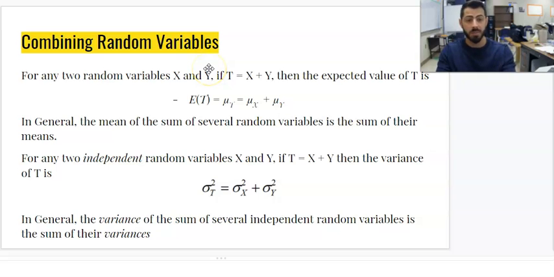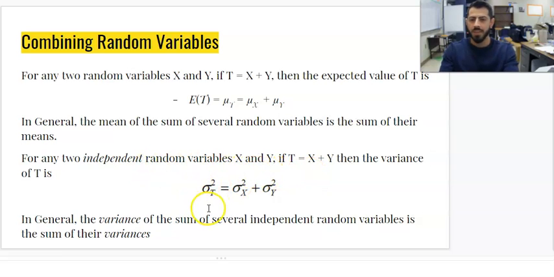Now, it is possible to combine two random variables to make one new random variable. And it's actually not that complicated of a process. So for any two random variables, X and Y, if T is going to be the new, combined random variable, then the expected value is just the two added together. That's convenient. So all we've got to do is add the expected values together, and we get the new one. And then as long as they're independent, which they usually are, I don't think we look at a case where they're not. But as long as they're independent,